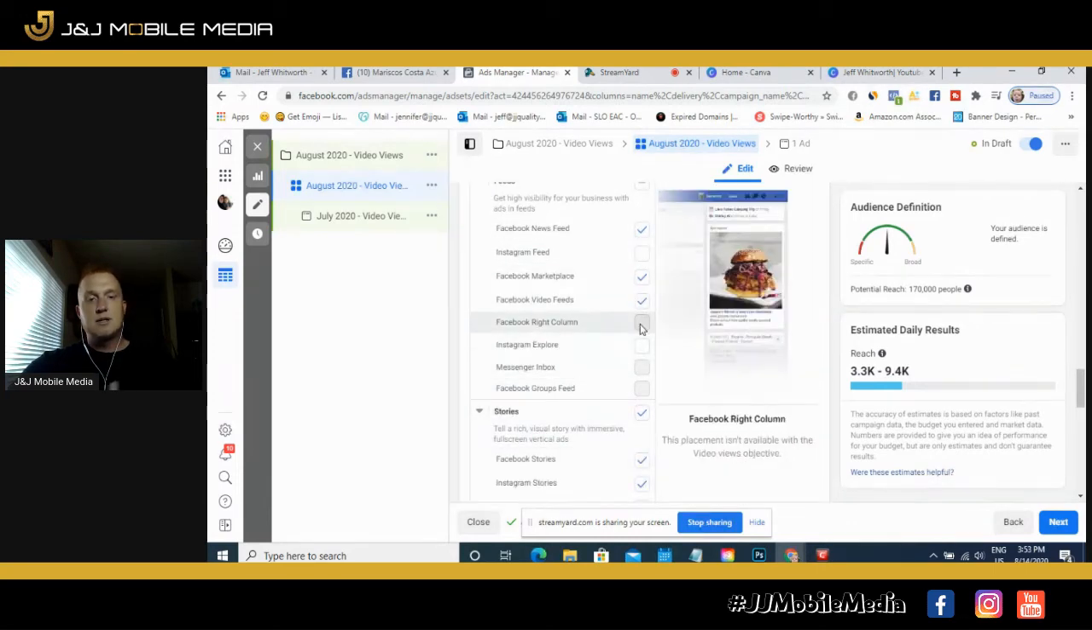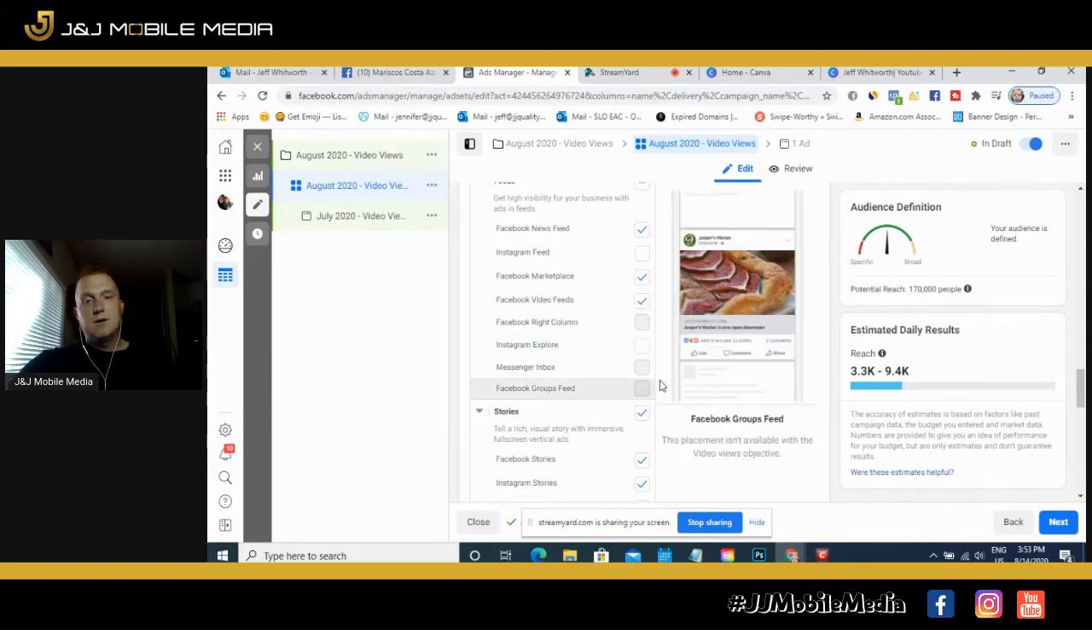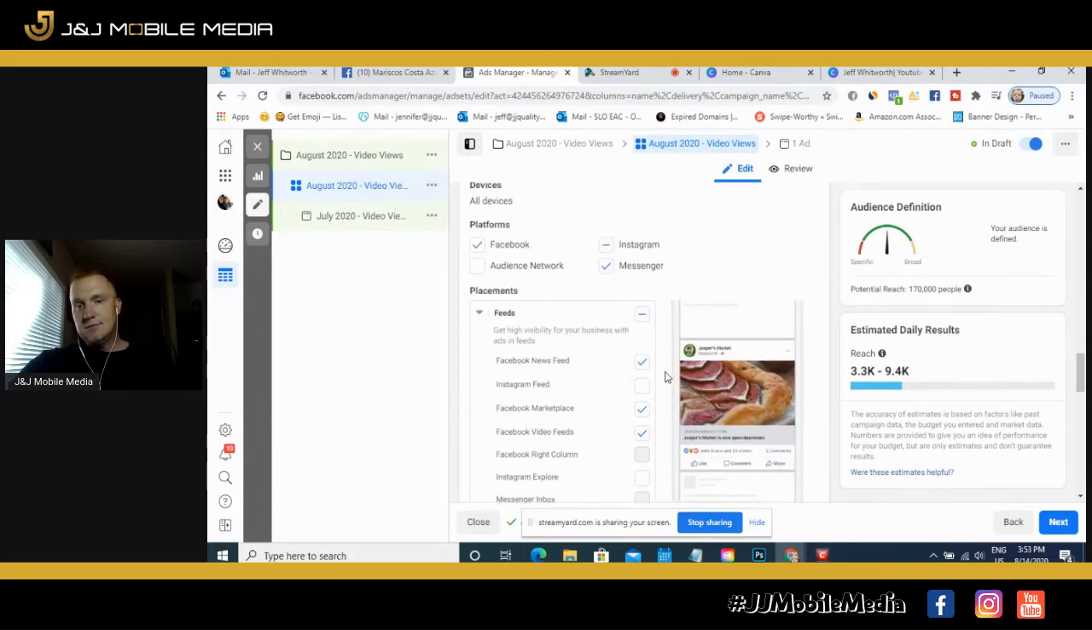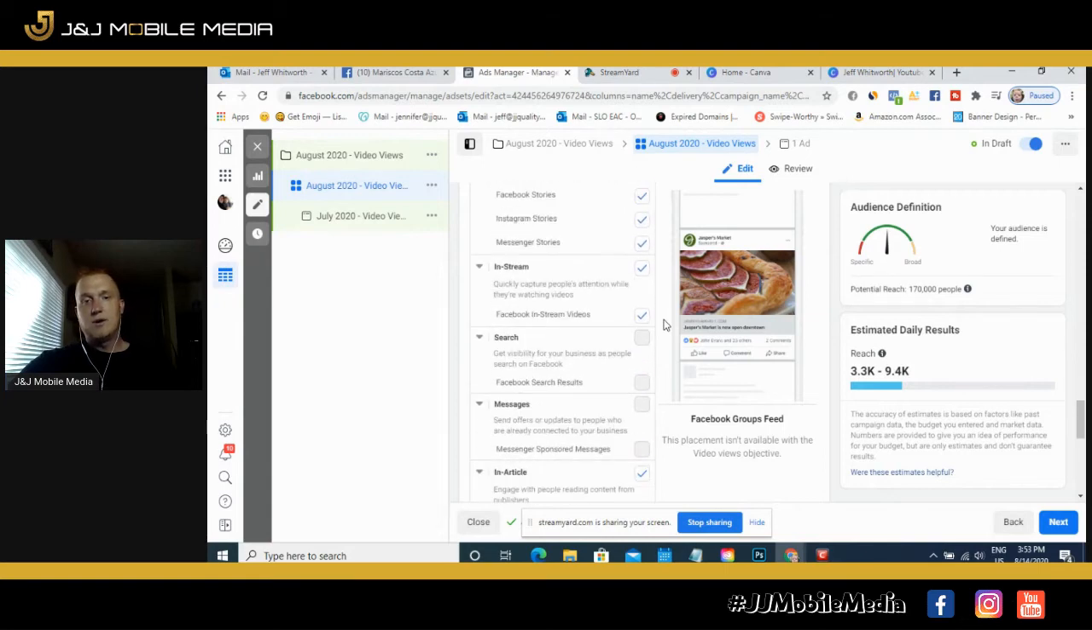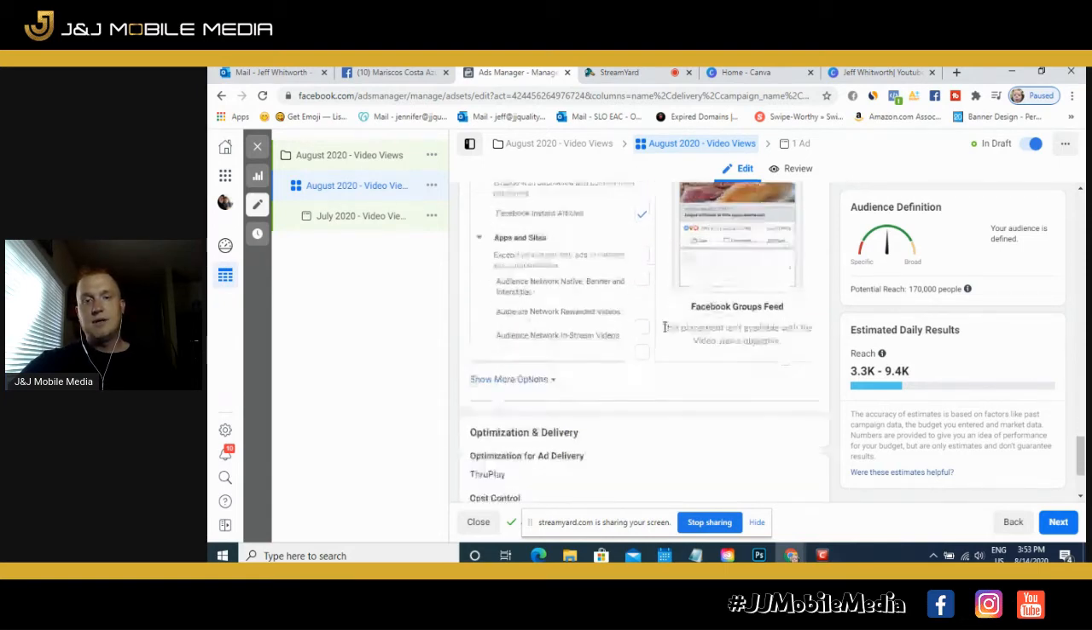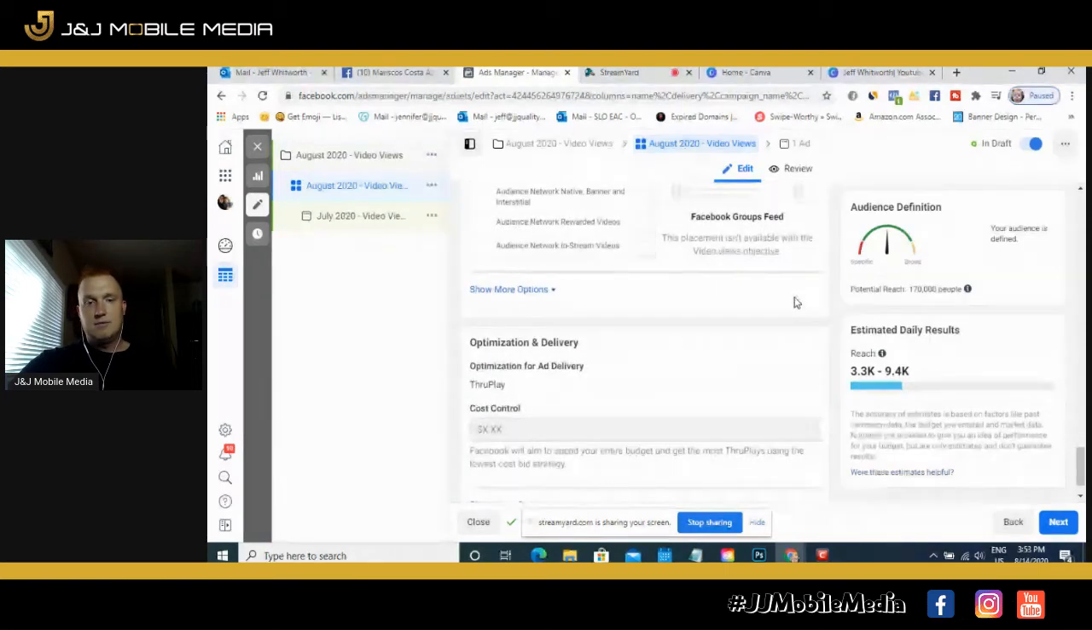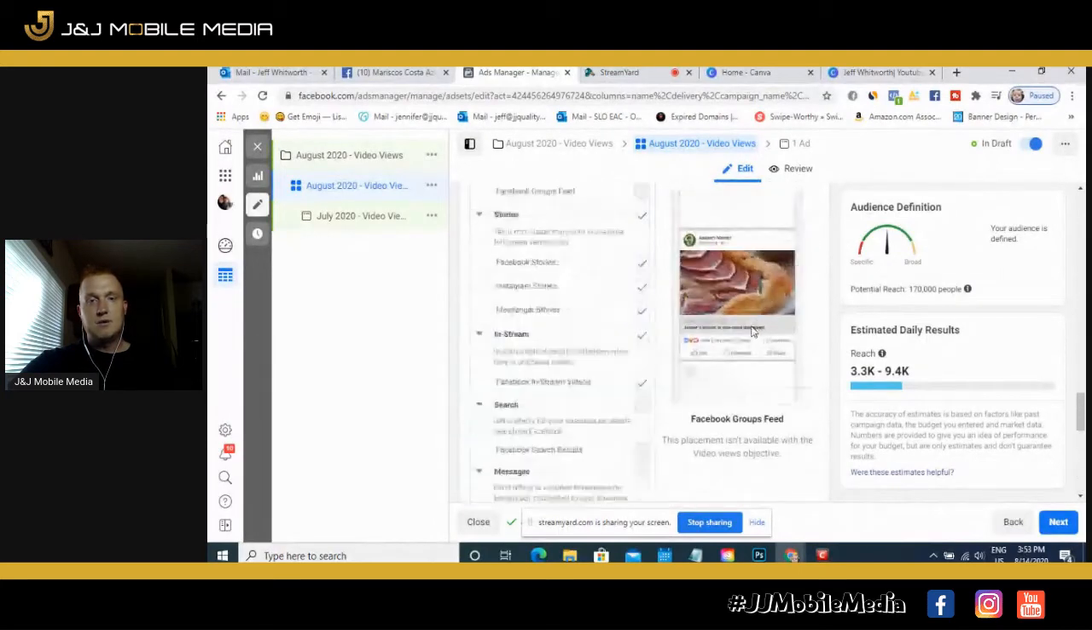But if you check mark something that's not going to work, you're going to get a red arrow right here, and it's going to say, hey, you're going to have to fix this. So I already did that. And these are all the placements that it will work as is without doing any video editing. And so that's good though. We got Facebook, we got